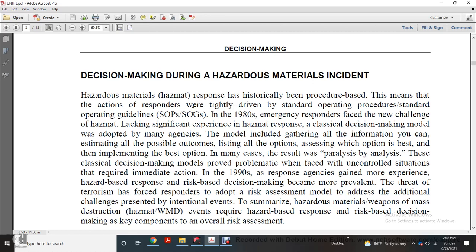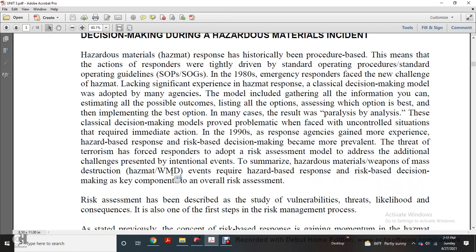This can result in paralysis by analysis. These classic decision-making problems proved problematic when faced with an uncontrolled situation requiring immediate action. In the 1990s, response agencies gained more experience with hazard-based response, and risk-based decision-making emerged. The threat of terrorism forced responders to adapt the risk assessment model to address additional challenges. Hazmat and weapons of mass destruction events require hazard-based response with risk-based